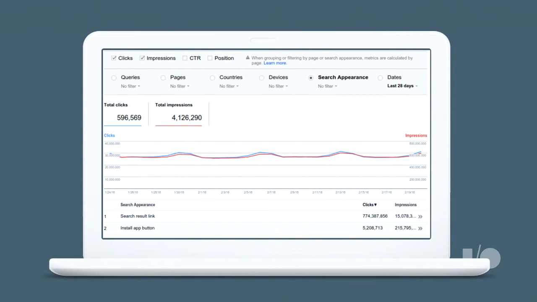And then from our side, we also offer some analytics. We have a tool called the Search Console that you can log into, and you can verify that you own a given app. And then we'll show you metrics on how many results we are showing for your app, how many clicks these results are getting, and also how many installs are happening as a result of people discovering your app on Google search.